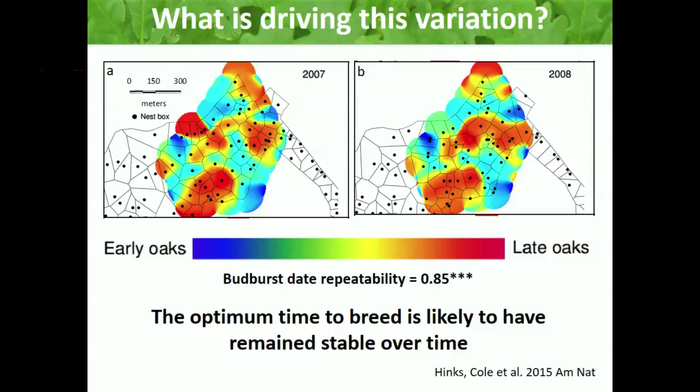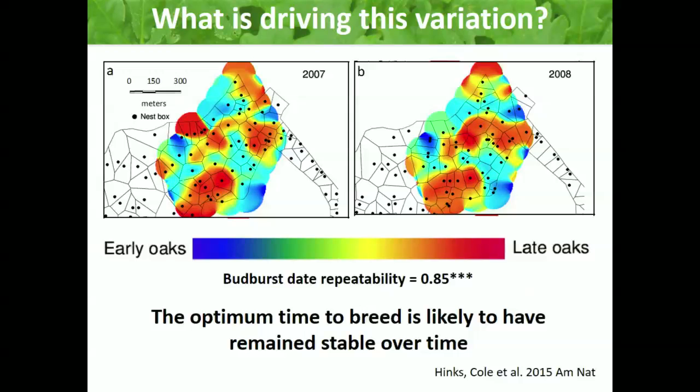So could it actually be that the caterpillar and the oak phenology is also varying over a similar spatial scale in their rate of change over time? Well, while we can't really rule out this possibility, we do know, as Ben was explaining in his talk, that individual oaks are incredibly consistent over years in the timing that they come into bud.